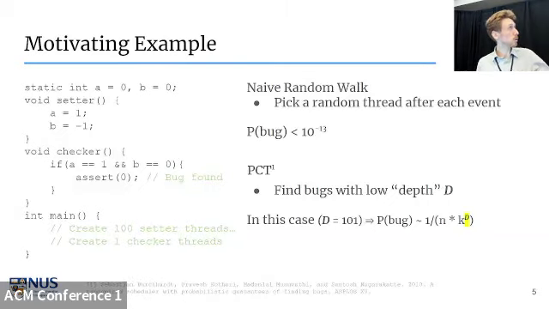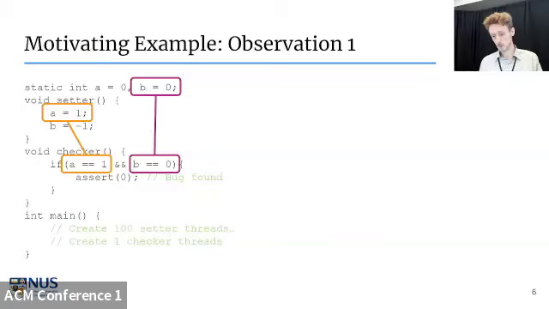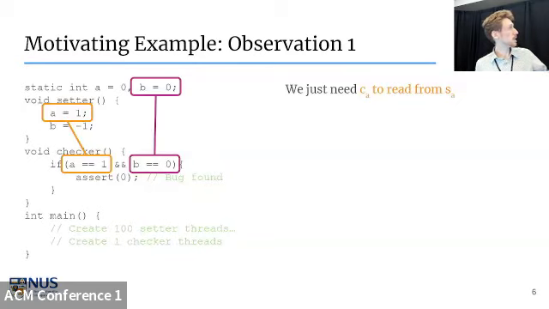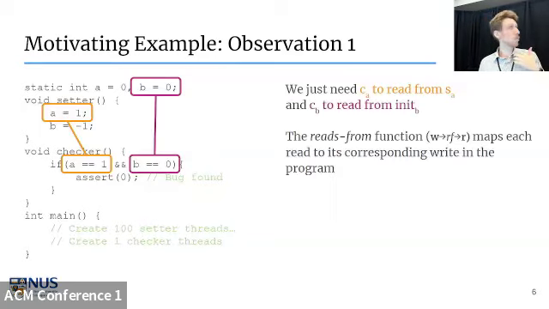If you look at this code again, it's not very complex, so it seems like we should be able to do better than what these algorithms are providing us. We have a couple of observations that we're going to use as the basis for our approach in this work. The first is to reframe under what conditions this bug is triggered. Really, what we need to see is, in the orange case, that the checker thread is reading from the setter thread, and in the purple case, that the checker thread is reading from the initial value of the variable B. These two constraints are really the reads-from relation, or the reads-from function, which maps